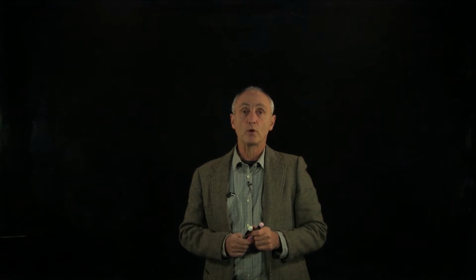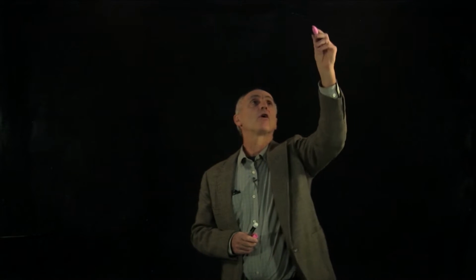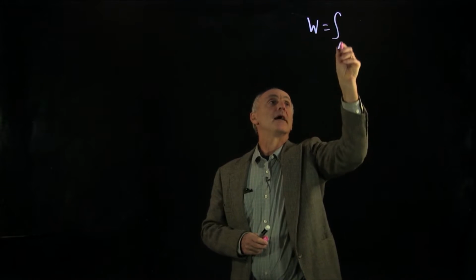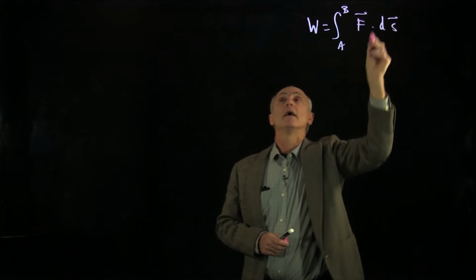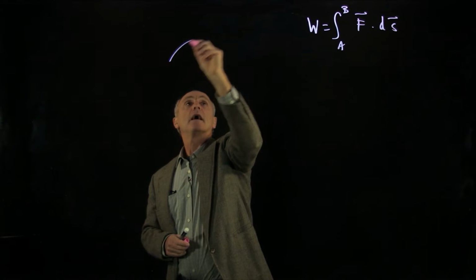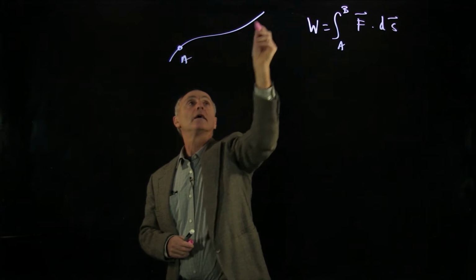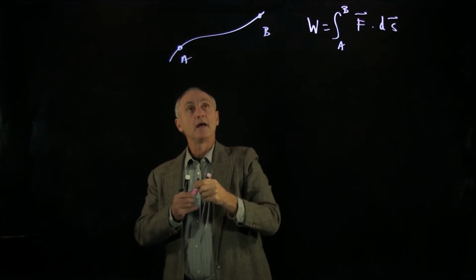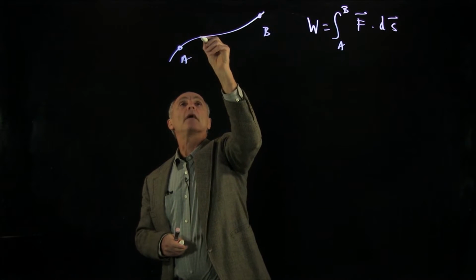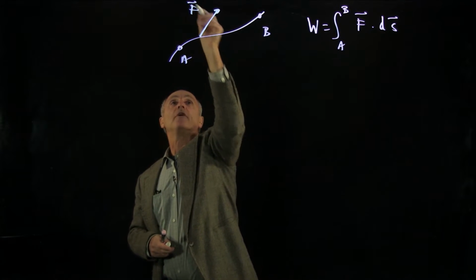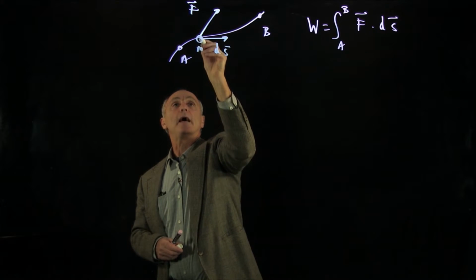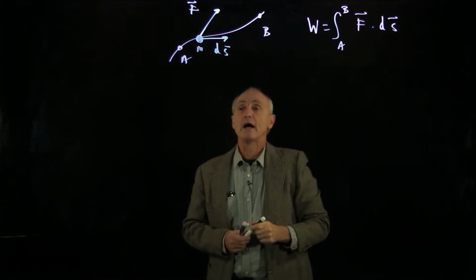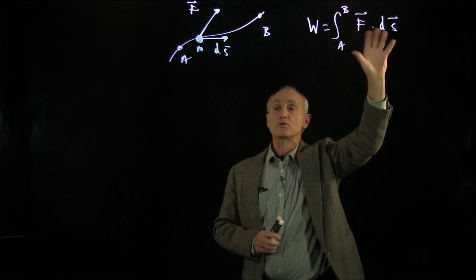We would now like to generalize the work-energy theorem to more than one dimension. Remember that we defined our work as an integral from A to B of a force dot ds. And graphically, let's look at that as if we start at A and go to a point B, and if at some point on this path we have a force F, and the displacement is always tangent to the force for an object M, we would like to now figure out how this integral is related to the change